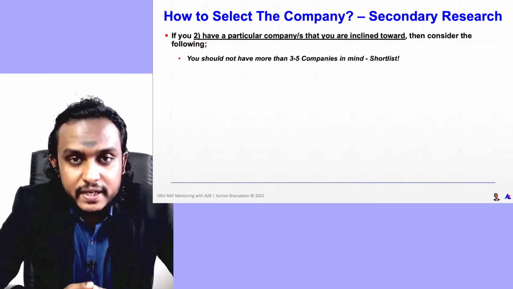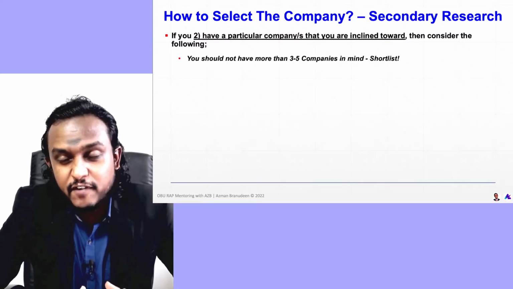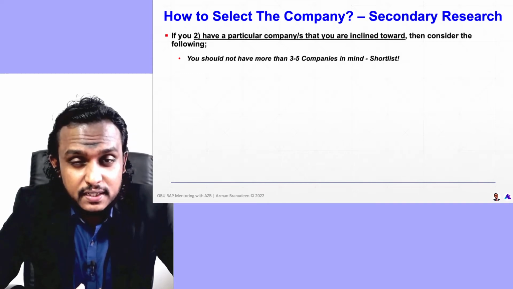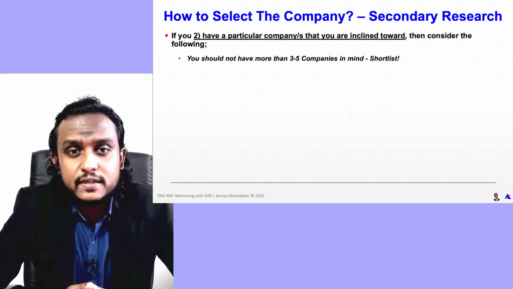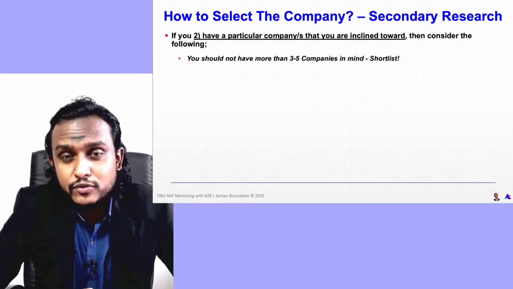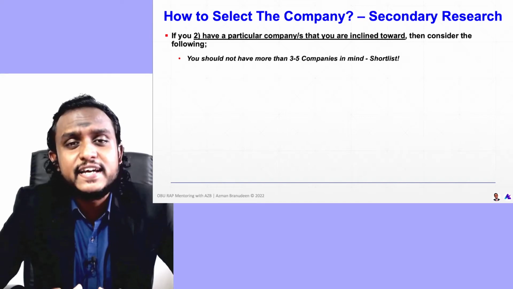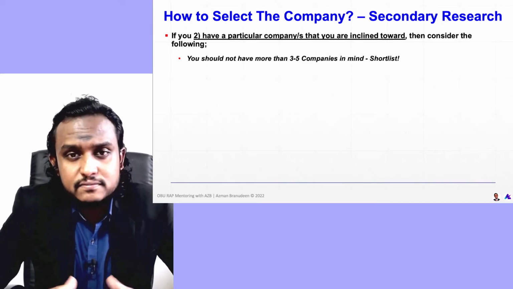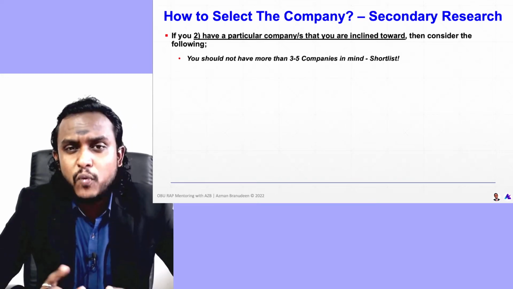Ideally, it should be a maximum of maybe 5. 5 is a difficult number. It's a very large number to deal with in this situation, but it's okay given the time. In fact, I would commend someone who is going to take the time and effort to go through 5 companies if they have that in mind. So ideally, 2 to 3 companies is a must,